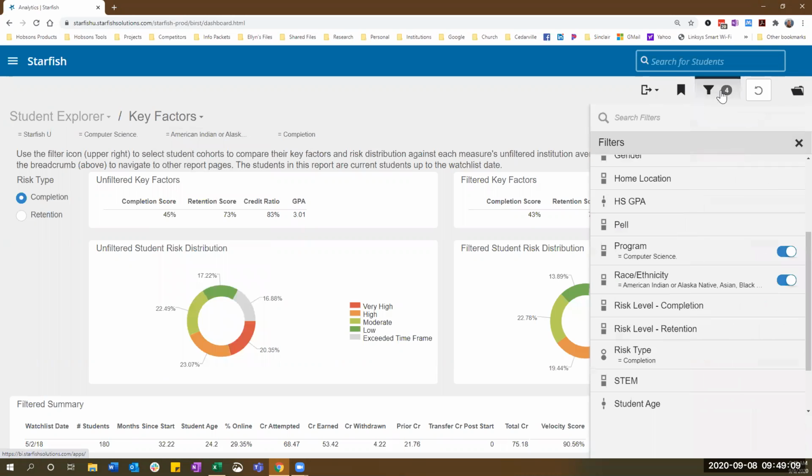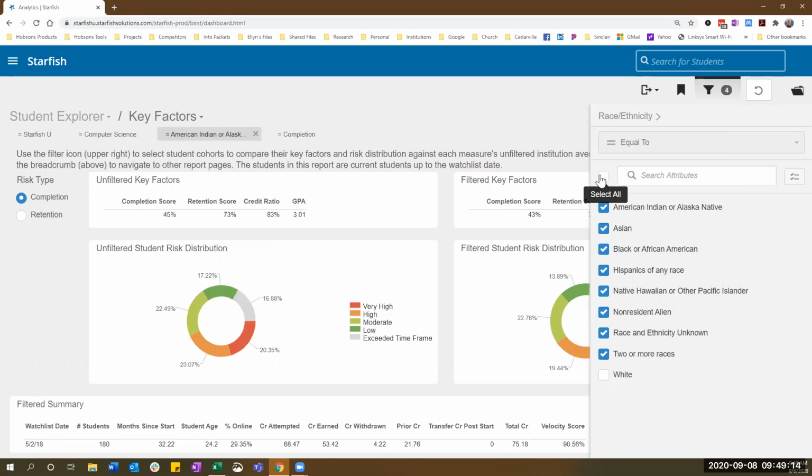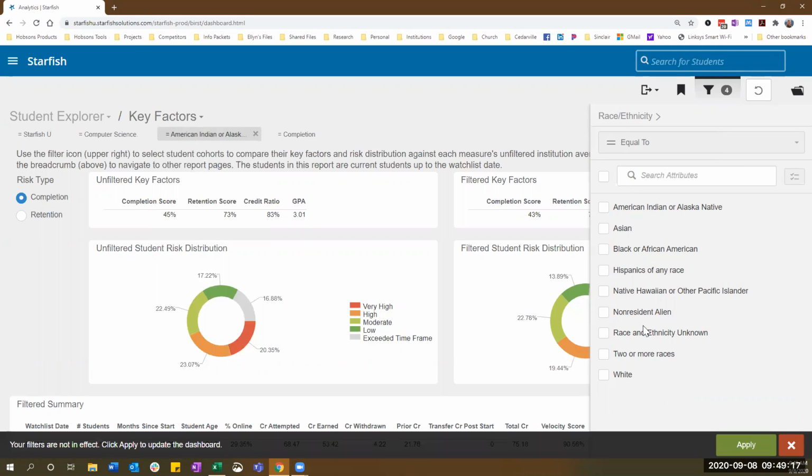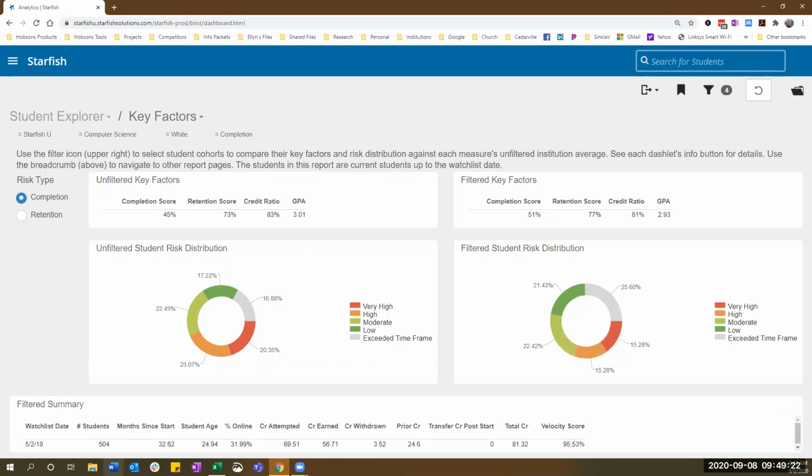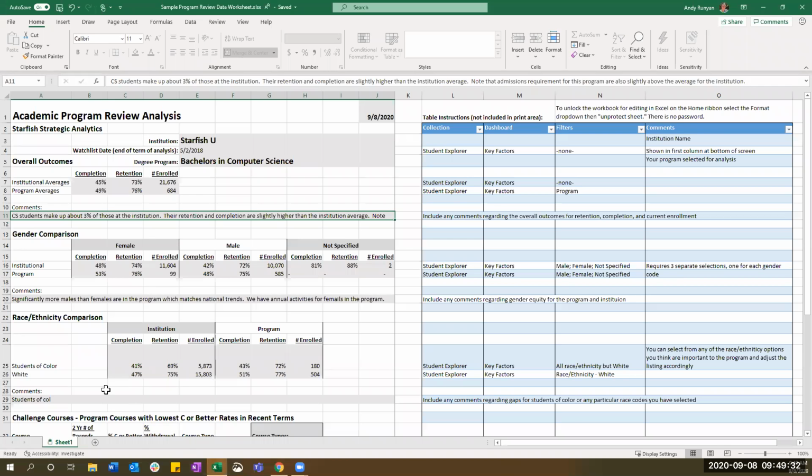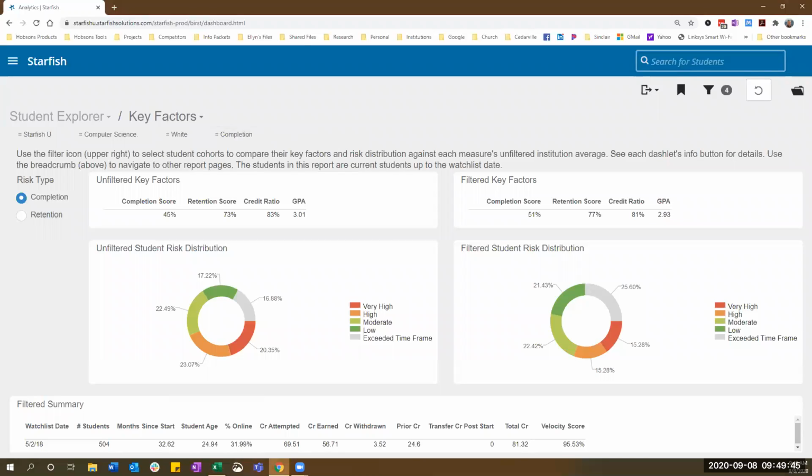To change back and look at that for just the white students, I'll go back to the race filter. I can use the select all to unselect those and select the white students, apply that, and now I can see 504 students with a 51% completion score and 77% retention score. I can then take that back and plug it into my spreadsheet, and I've completed the program section for a race and ethnicity comparison. To get the institutional information, I'm going to walk through those same steps, just going back,